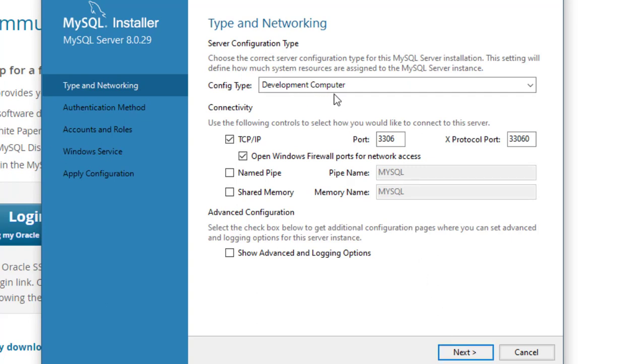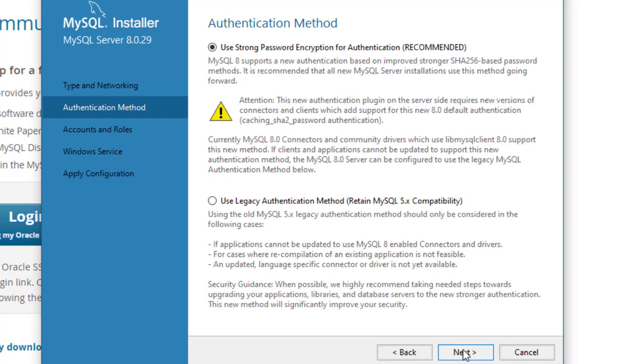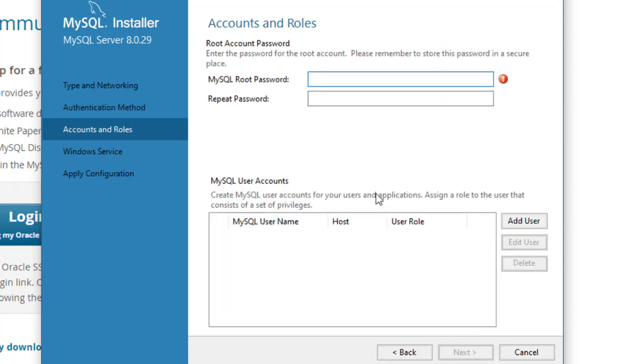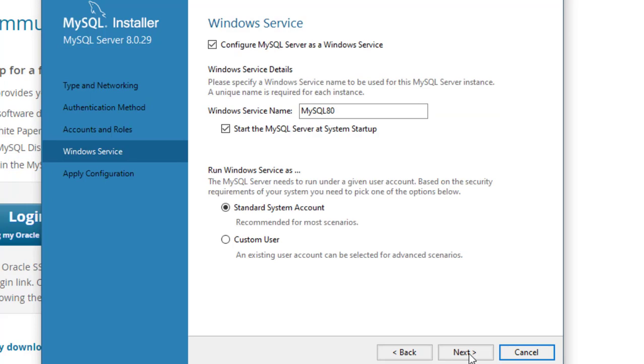and here development computer, all that, TCP IP port number is 3306, and click on next, and then we click on next. So it is asking for a password here, so we'll just enter a password which is admin and admin, ADMIN and ADMIN. So it says weak, that's all right, but we'll keep that admin as password, and then next,